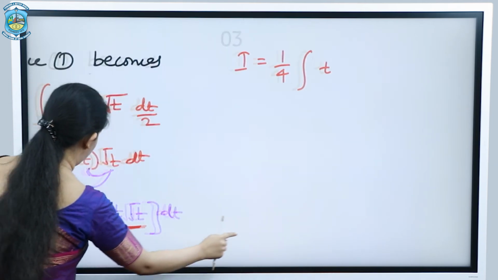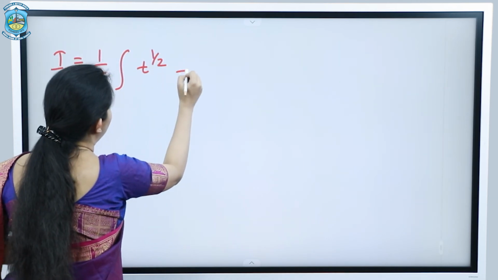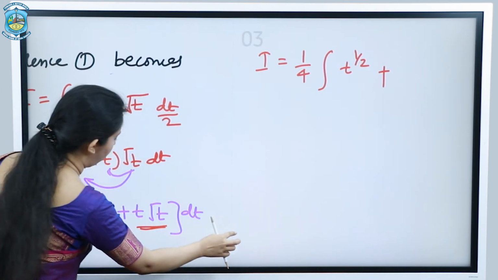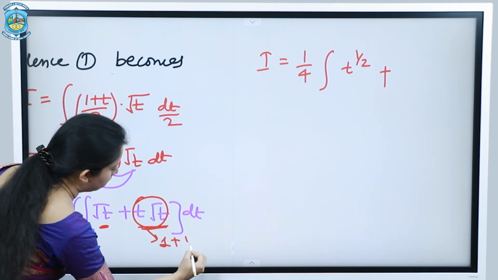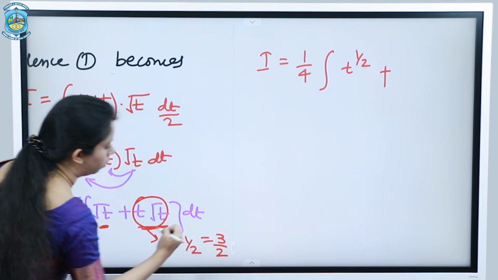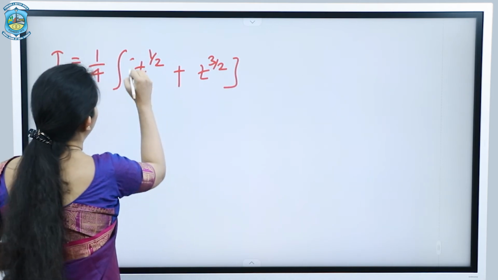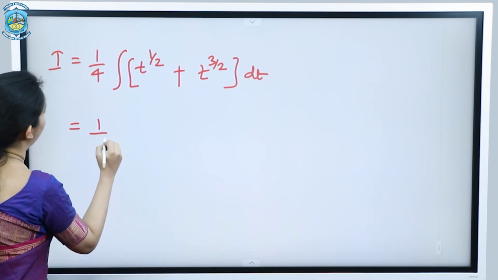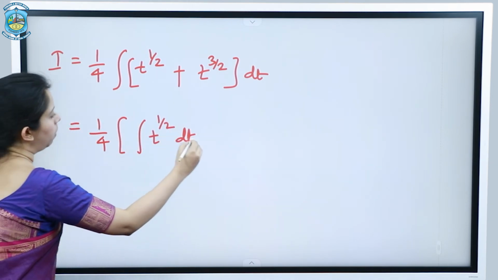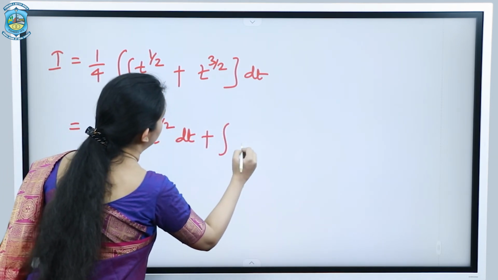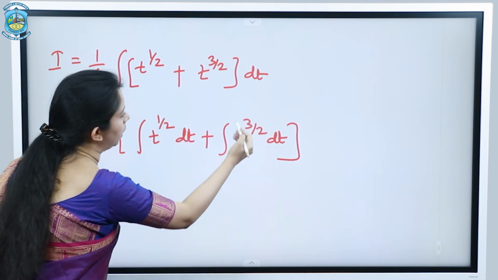Here we have the integral is square root t. So it can be written as t raised to the power 1 by 2 plus, then we will apply the power and exponent property. Here the base is same, so power will get added. So here the power is 1 and there the power is 1 by 2. So we will add it, we will get 3 by 2. So the power is 3 by 2 for the second term multiplied by dt. So finally 1 by 4 multiplied with the first term, the integral of t raised to the power 1 by 2 plus t raised to the power 3 by 2 dt.